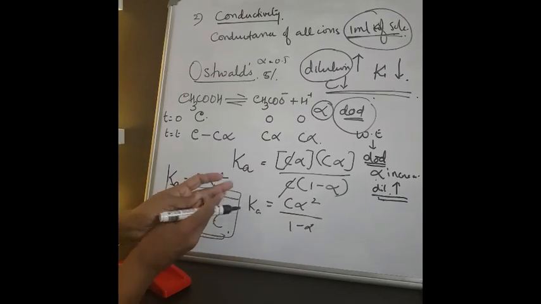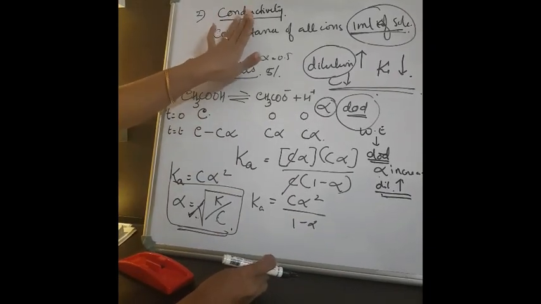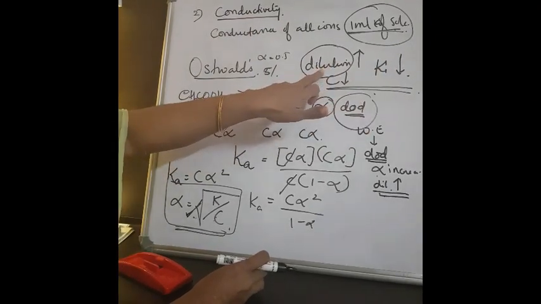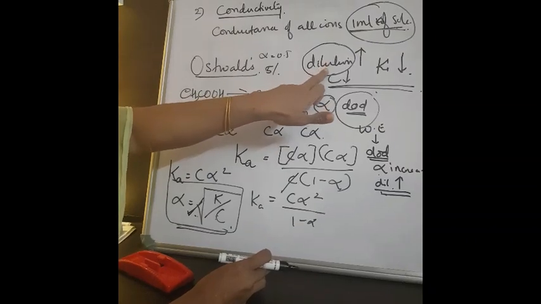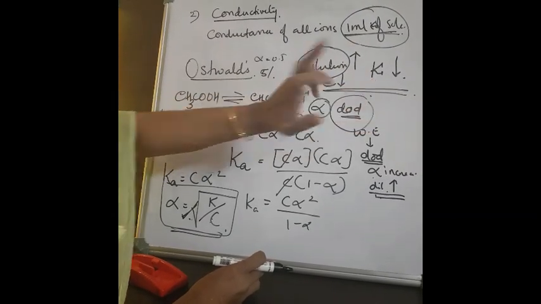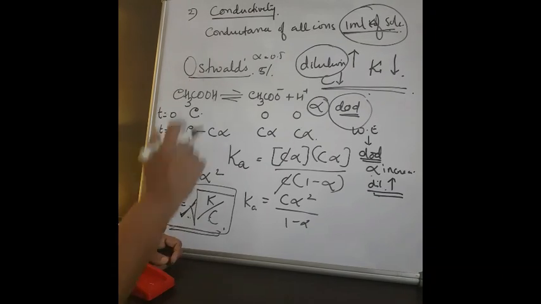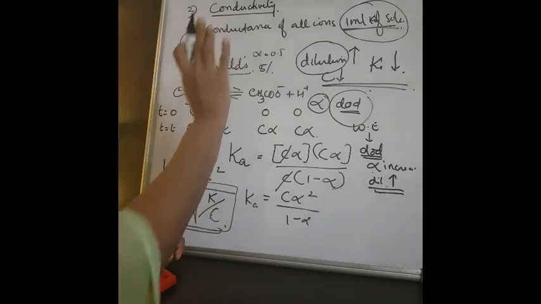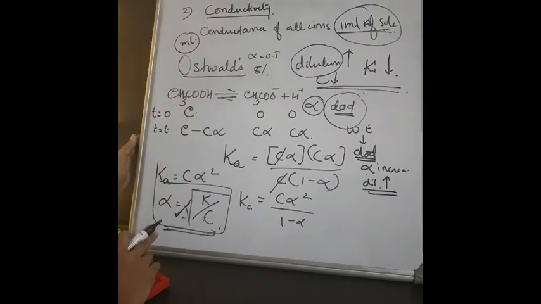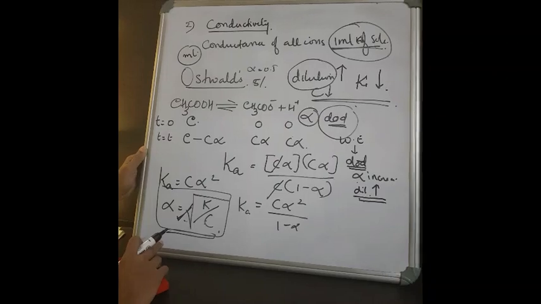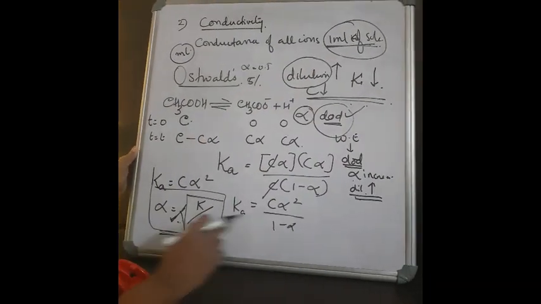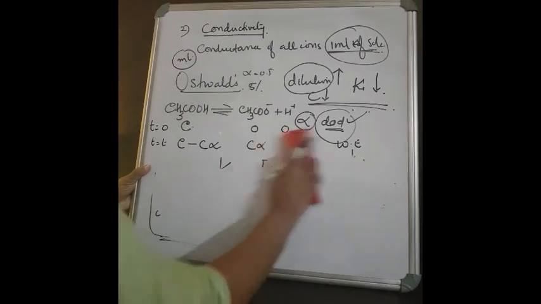Okay. Now what were we saying? We were saying about the conductivity. And what is conductivity? Conductivity means the kappa decreases on dilution. Why? The number of ions decreases on dilution. Conductivity means how many ions per ml. So that is about the conductivity of an electrolytic solution. Okay, and you got a feel of the degree of dissociation also, correct? Now we will move on to the molar conductivity.